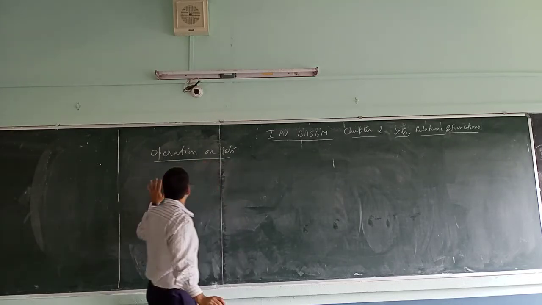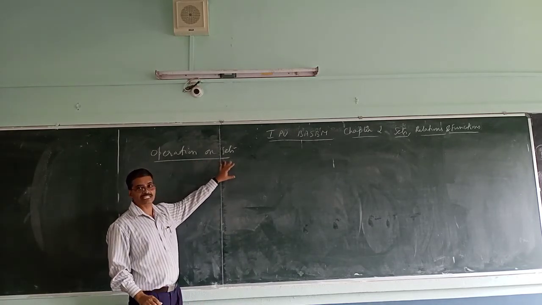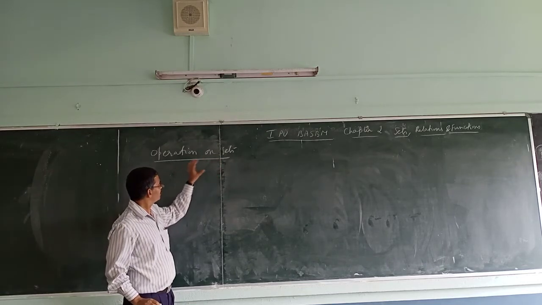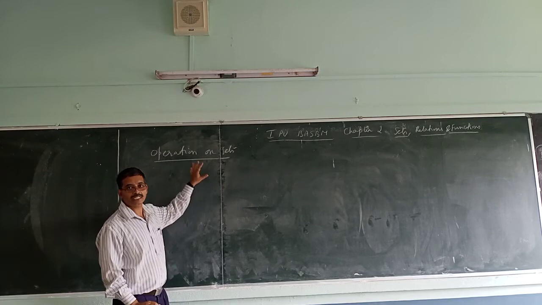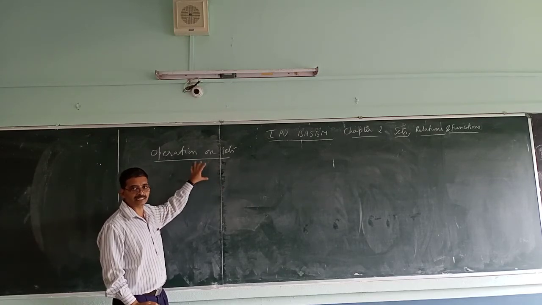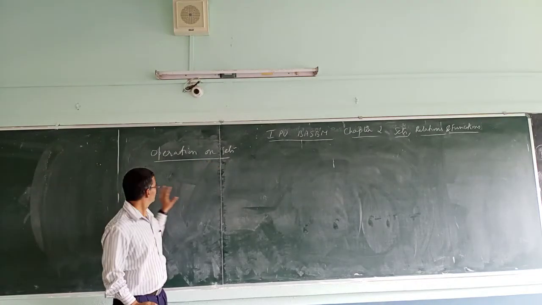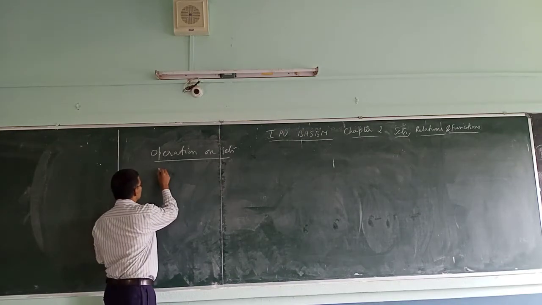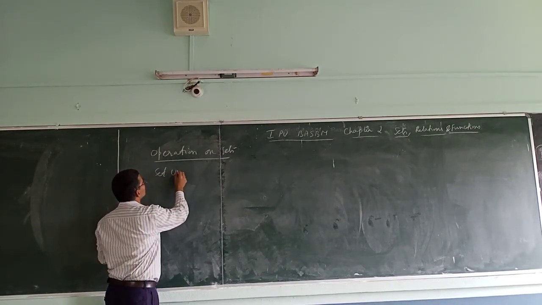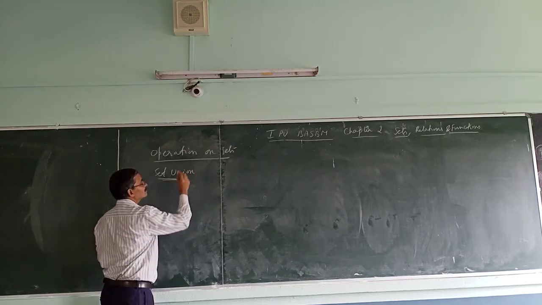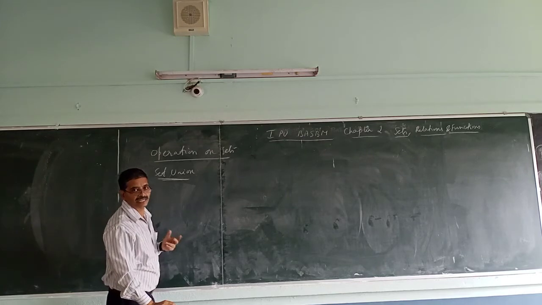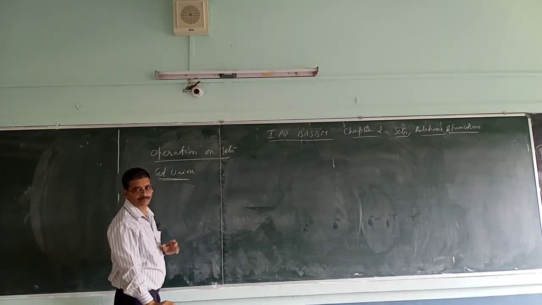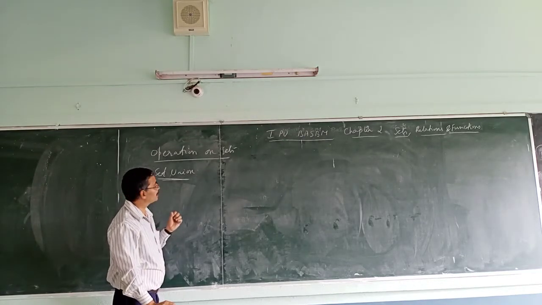So today we discuss operations on sets. Briefly, I already told you about two operations, namely set union and set intersection. So we'll see one by one. Set union. So, union of sets. If you have two sets A and B, how will it work out? I will explain with an example.